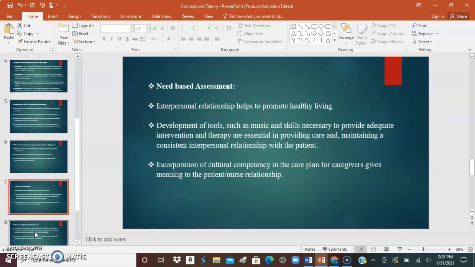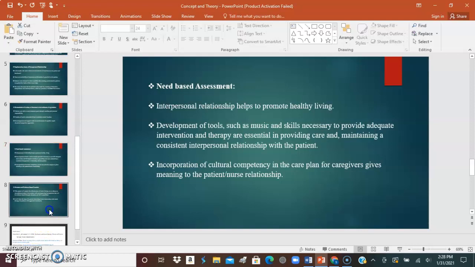What are the need assessments? The need-based assessments and interpersonal relationship help to promote healthy living. Development of tools such as music and skill necessary to provide adequate intervention and therapy are essential in providing care and maintaining a consistent interpersonal relationship with the patient. Incorporation of cultural competency in the care plan for caregivers gives meaning to the